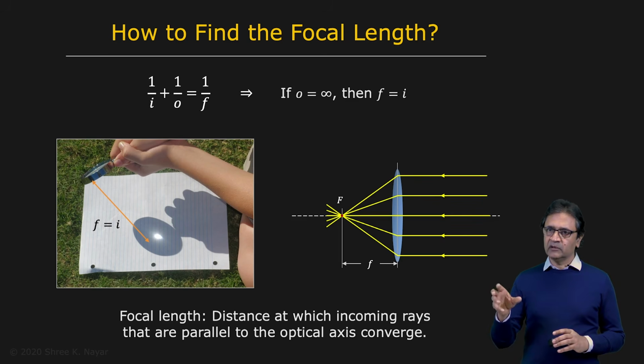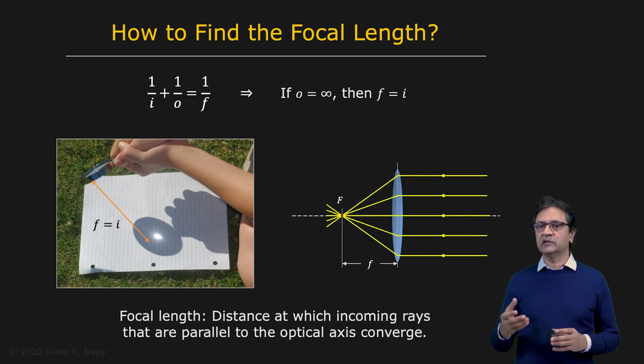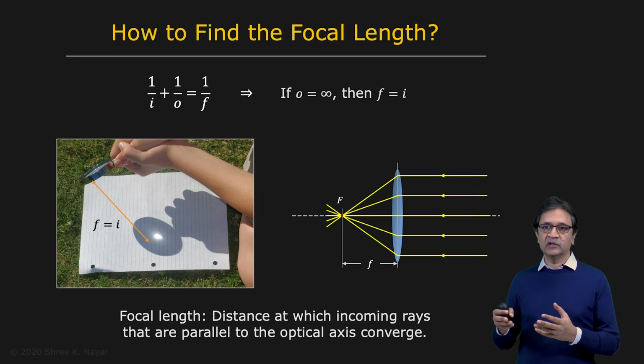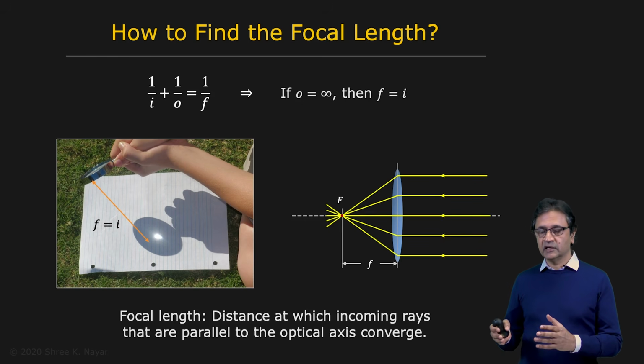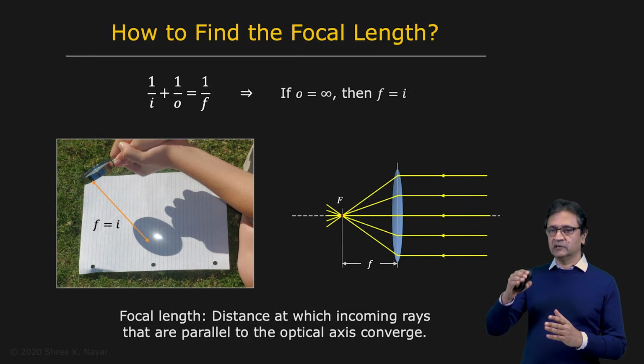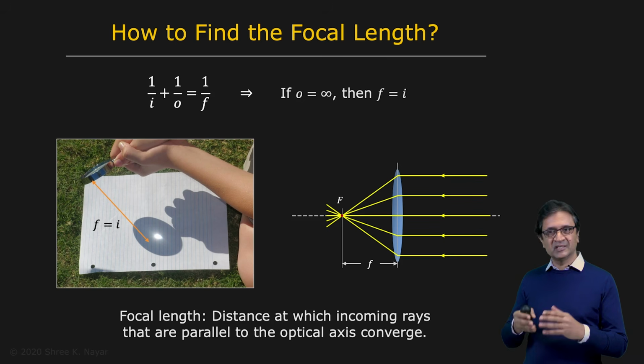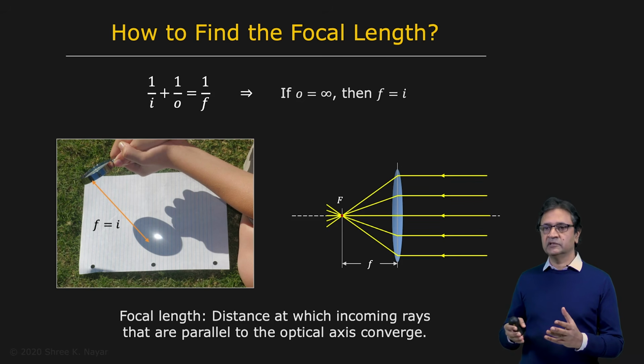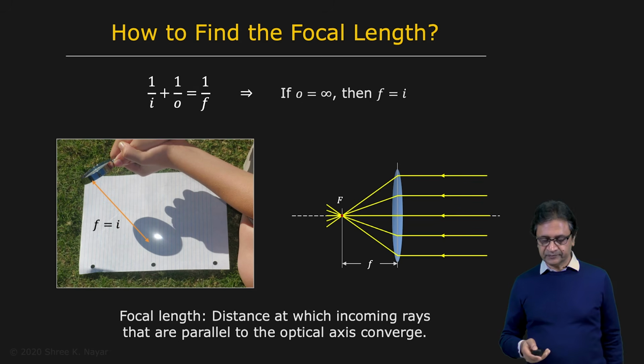Now, the bending power, or the focal length of the lens, is determined by a few factors. One is, of course, the material that the lens is made of. It could be made of glass, or it could be made of plastic. It has to be a transparent material. So the refractive index of the material determines F to a great extent, but it's also determined by the shape of the lens. The lens has two curved surfaces, typically spherical surfaces. The radii of curvature of these two surfaces also determine the focal length of the lens.